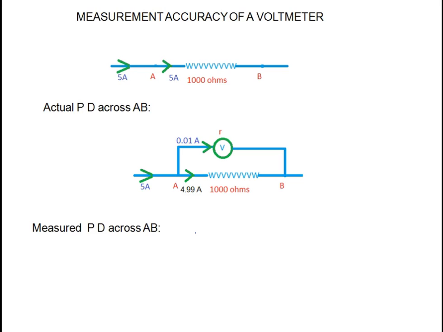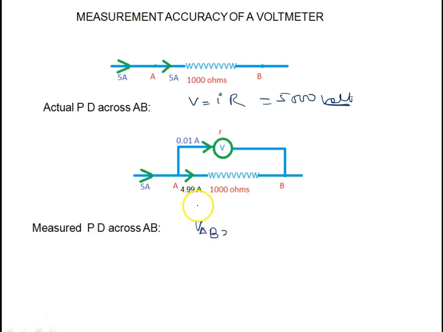Now we will discuss the measurement accuracy of the voltmeter. Again I will say, of course we have done it, but we will discuss it. If you use Ohm's law, V equal to IR, what is the voltage across A and B? All of you will say 5000 volt. But if you use the voltmeter, and this voltmeter cannot be ideal, it cannot have infinite resistance. Definitely some resistance is there. There is very high resistance, so a very small amount of current, that is 0.01 ampere, is flowing through the voltmeter. Now I calculate the voltage across A and B.